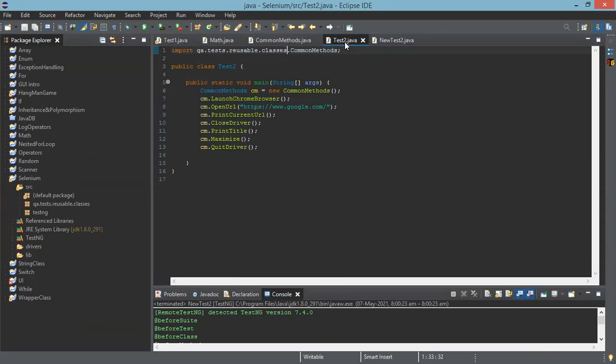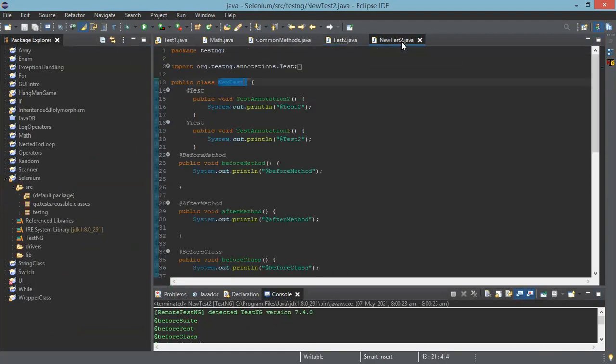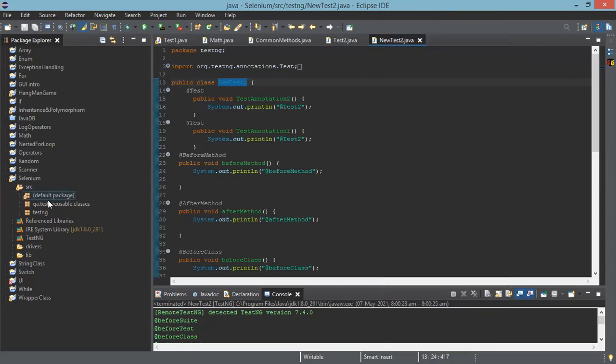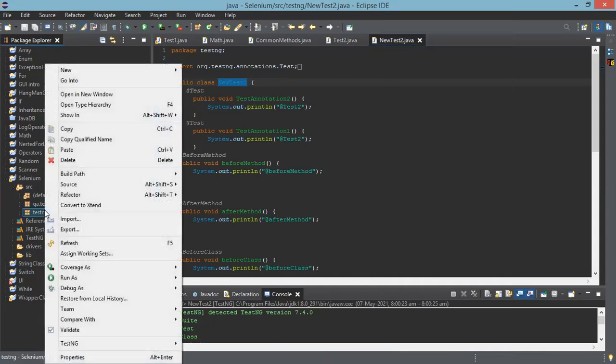Can we do that? Okay. Now don't use those files. Come to TestNG, right click, TestNG. Not there. TestNG package. Right click, TestNG, create TestNG class.